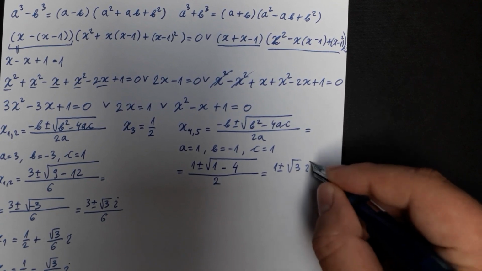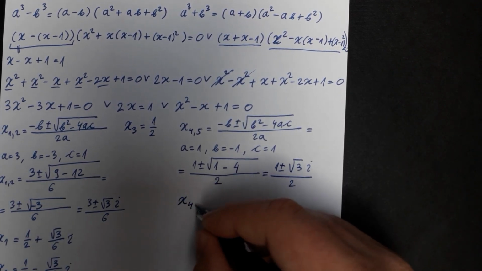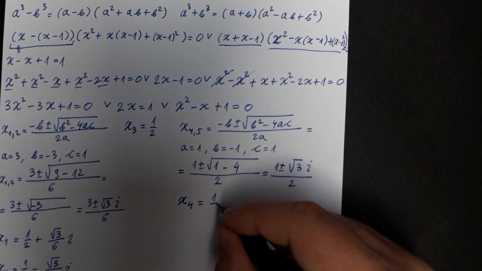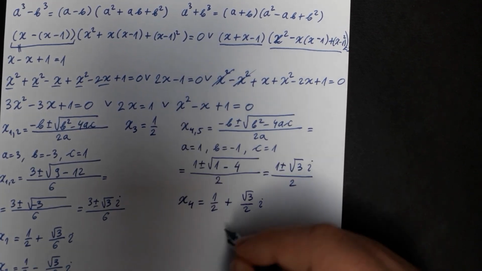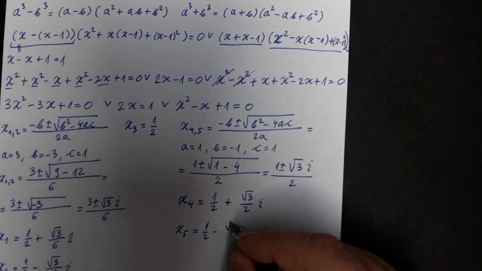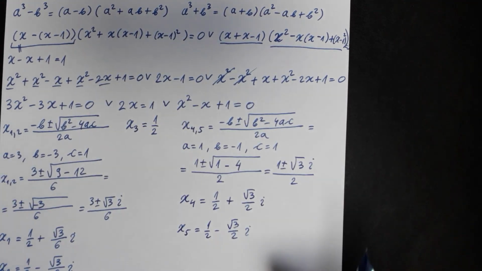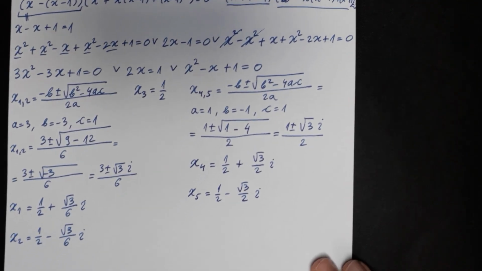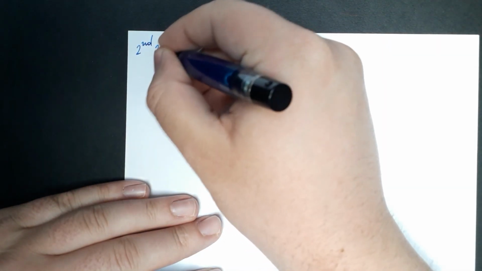So that is the square root of 3i over 2, which means that x4 is equal to 1/2 plus square root of 3 over 2 i, and x5 is 1/2 minus square root of 3 over 2 i, which are all 5 solutions of our equation. Now a second method